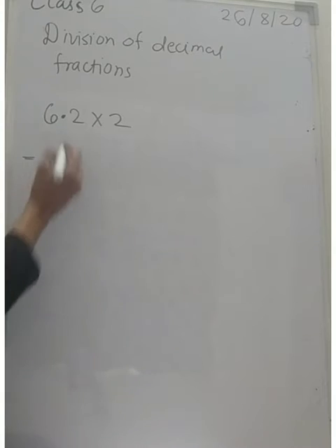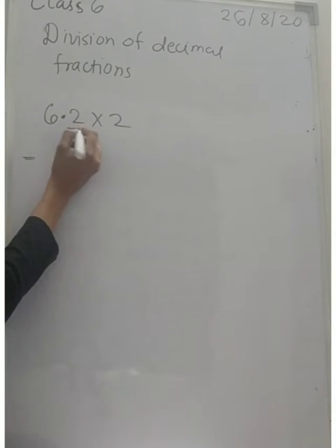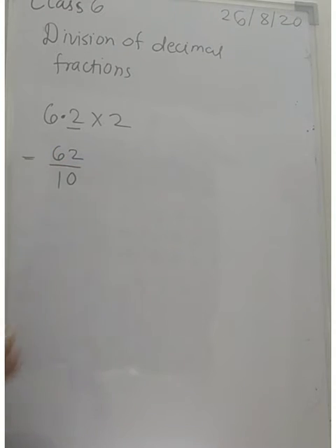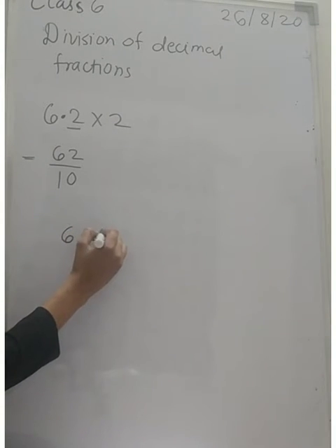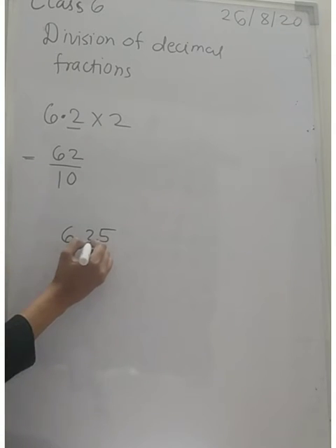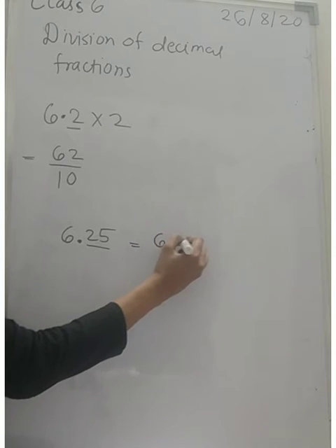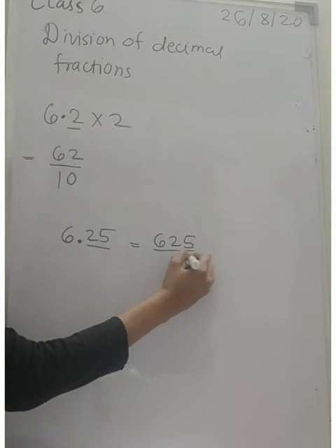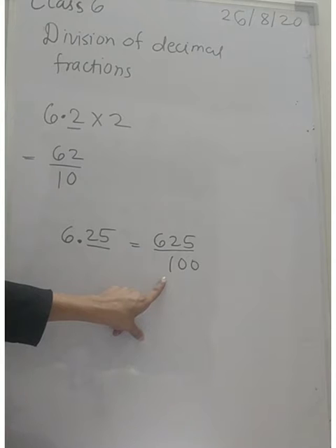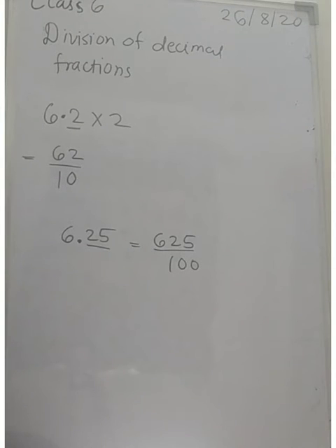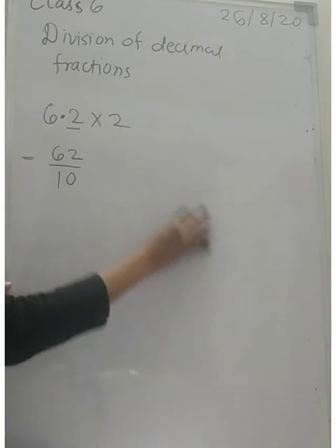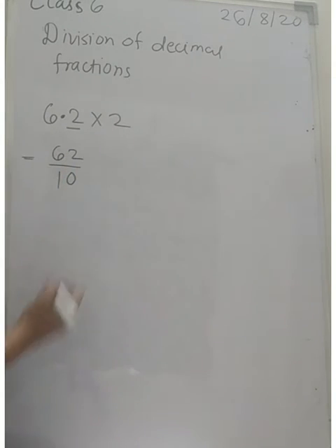It's very easy. When you have only one digit after the decimal point, we write it like this: only 1 0 on 1. Okay. If it was like this, then there are two digits after this decimal point. So this number will be 625 upon 100. We have all practiced a lot for this and now we are going to solve how to divide. Now how will you convert this to?